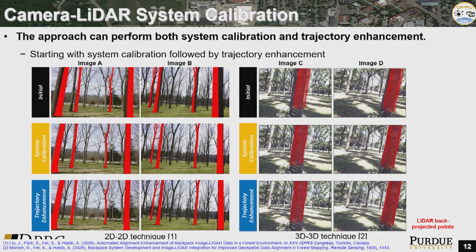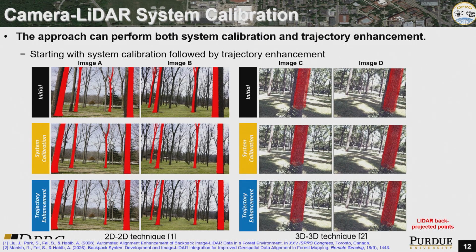Just to give you an example of what does that mean at the end. What you can see on the top row actually is that we take the LiDAR data, these are the red dots, we try to back project them to the imagery. If the calibration is good and the trajectory is good, the LiDAR point cloud, which is red, should project exactly where they are supposed to be on the imagery. So here we are looking at 3 trunks. You can see in the first row they are relatively well aligned, but we have some deviations between the 2.